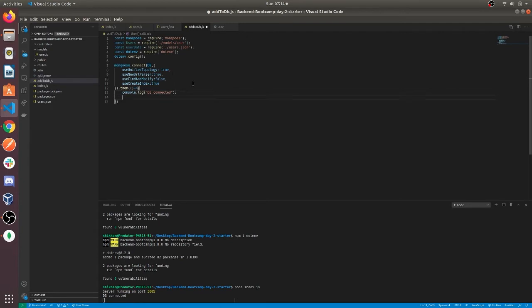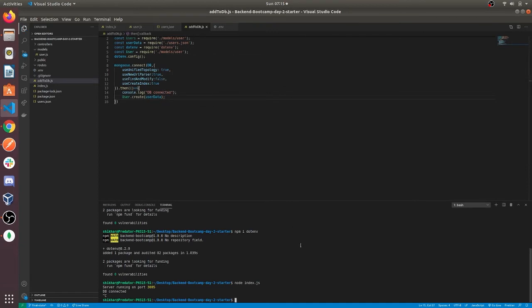After our application has connected, console log that, and then we are going to use our model for the first time. And I'll just use user data. That's it.